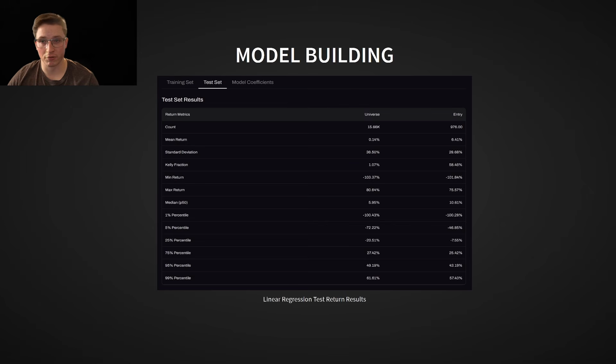The model continues to perform well. Higher return, lower variance, and again, stronger Kelly fraction. While the variance reduction is a nice bonus, it's really the mean return we care about most here, and in a lot of cases, you'll find the variance actually goes up when reducing the number of trades you're taking. Overall, this test set is a strong sign that the model is generalizing well.